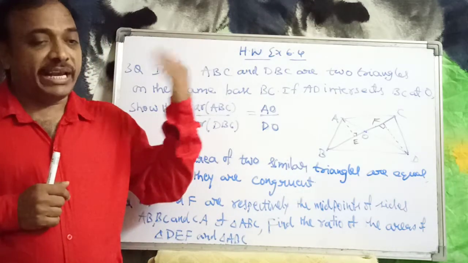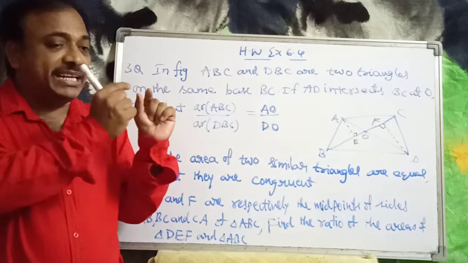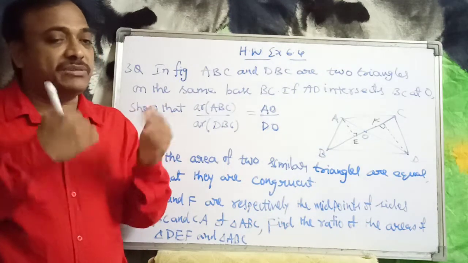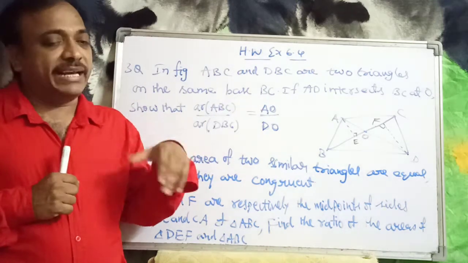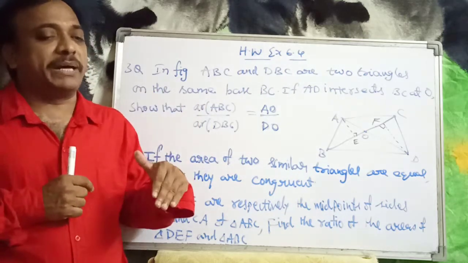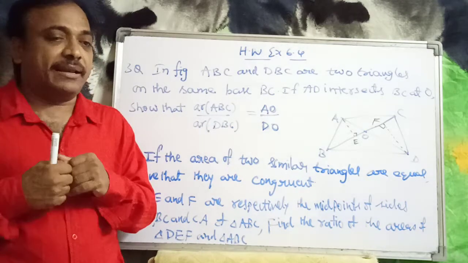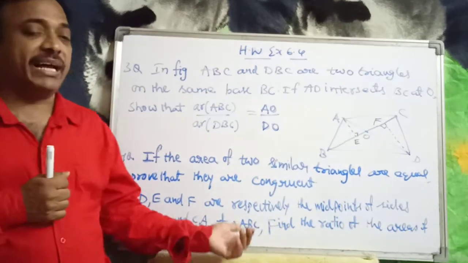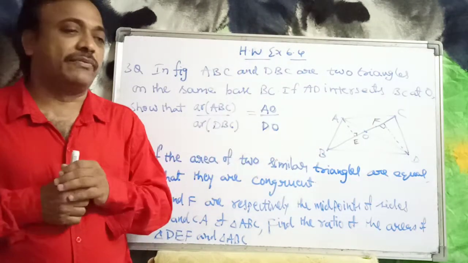Using the midpoints, D is the midpoint, F is the midpoint, AD by AB is equal to AF by AC, ratios are equal, then the line will be parallel. Once the line is parallel, by the converse of the basic proportionality theorem, the line is parallel. Now come to the class 9th midpoint theorem, where we applied it. So find the ratio of the areas of triangle DEF and triangle ABC. The clues are given, so try to find the solutions for these questions.